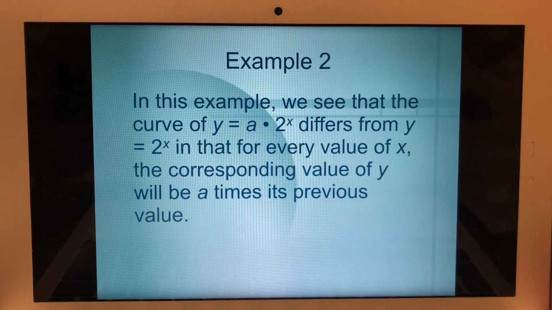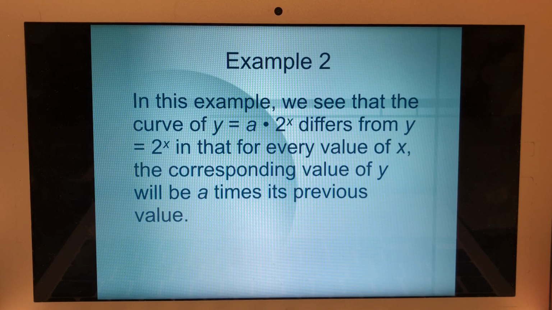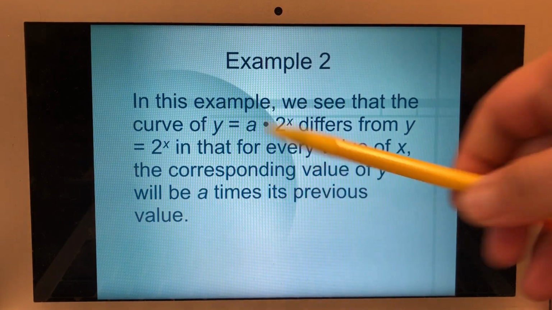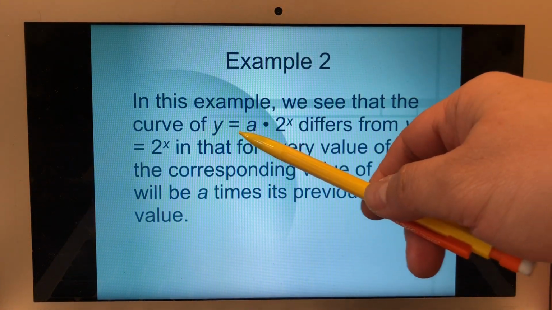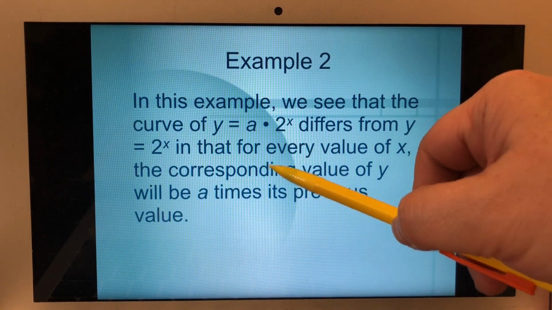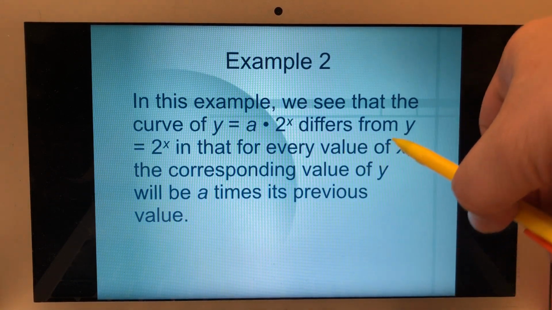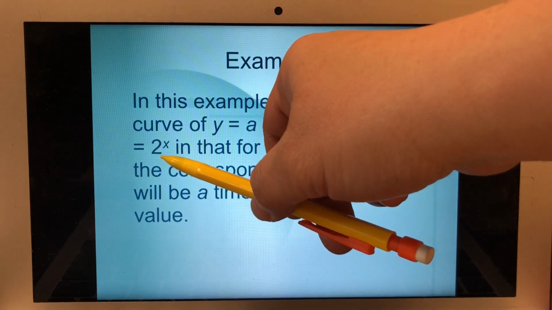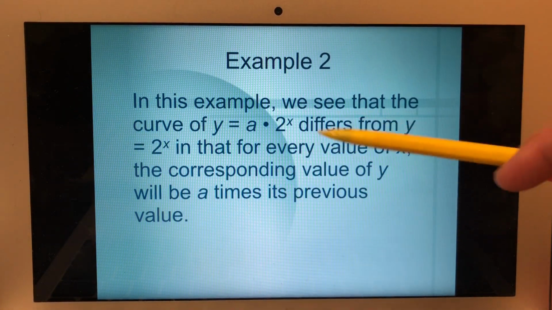All right, now in example 2, this is going to be on page 351. In this example, it says graph y equals 3 times 2 to the x power on the same coordinate as y equals 2 to the x power. You have this, y equals a times 2 to the x power is different from y equals 2 to the x power because